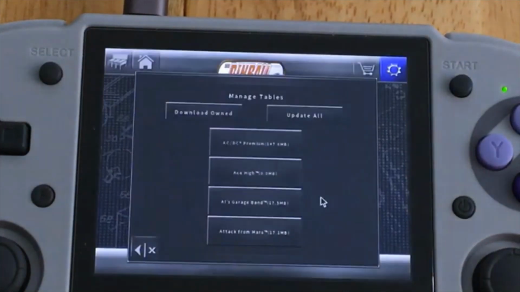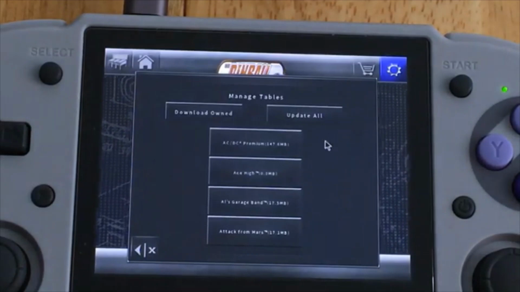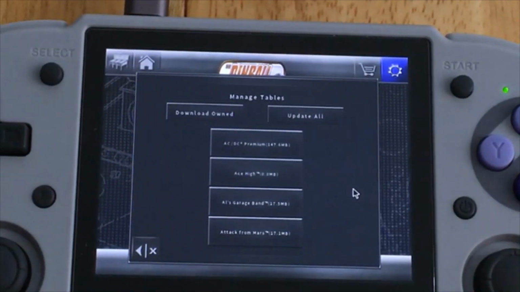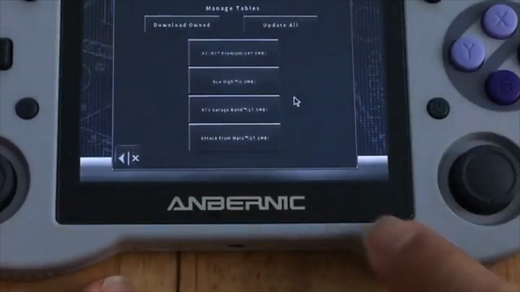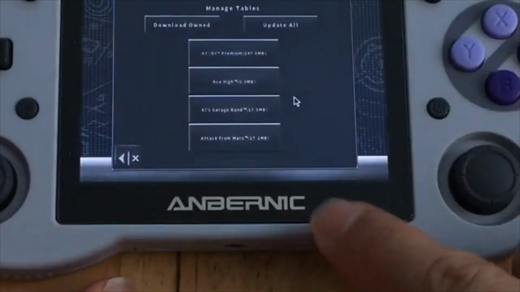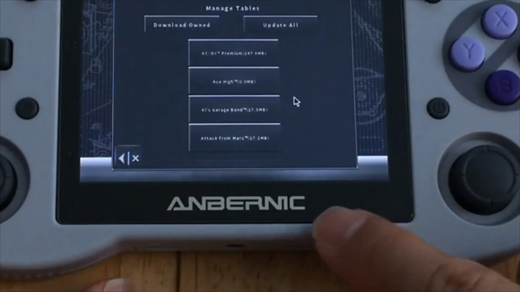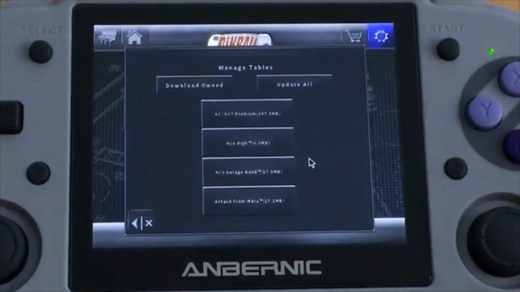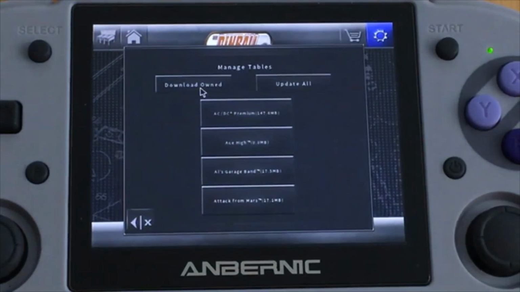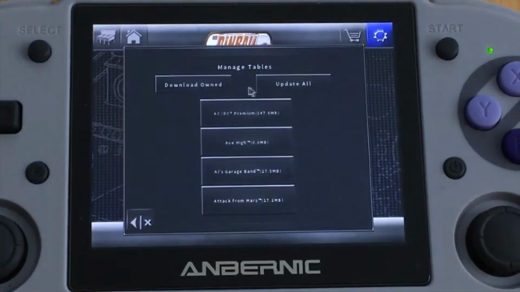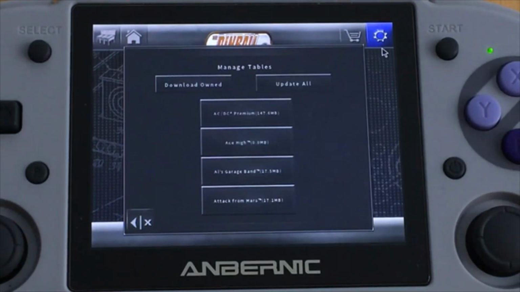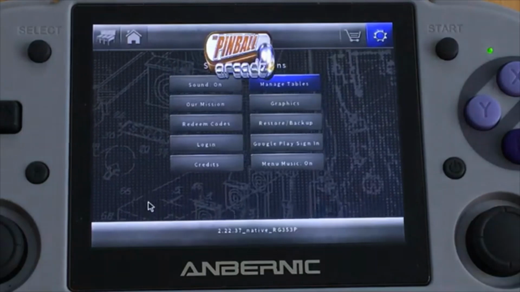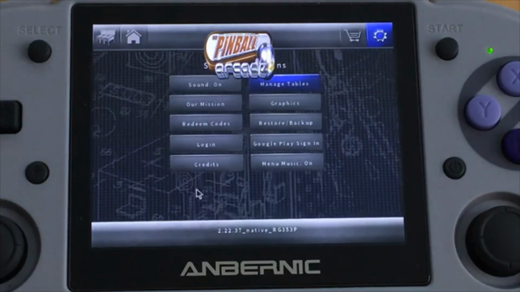Now if this is your first time, it will keep on downloading. So make sure you have enough space on your SD card in your second slot. This is the second slot. If not, it's going to download half of it and it's going to stop. So make sure you have enough space. And then once you finish downloading it, you could just go to any game and you could play it. So let's go back to home,